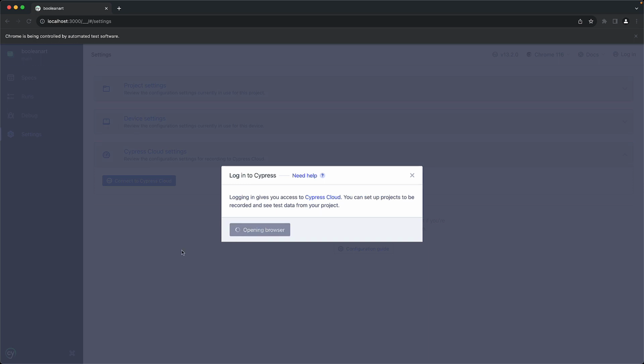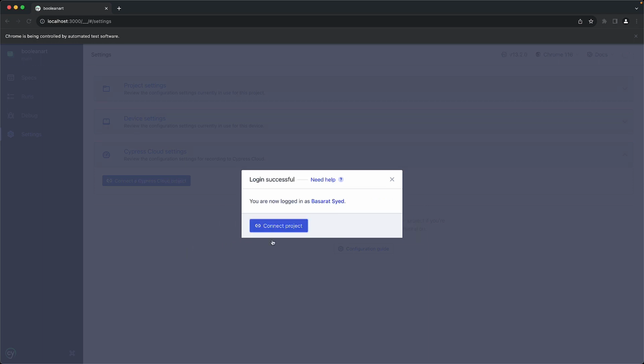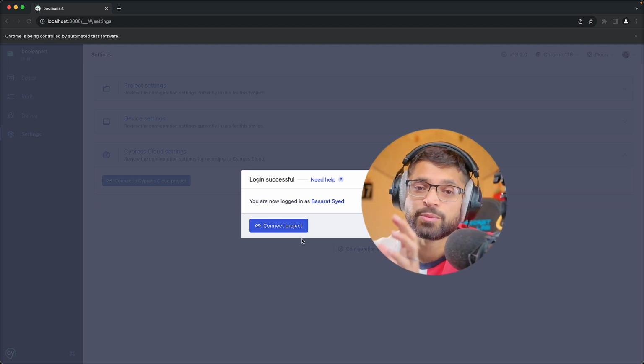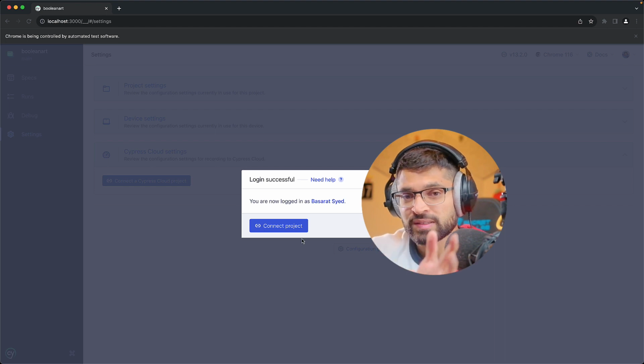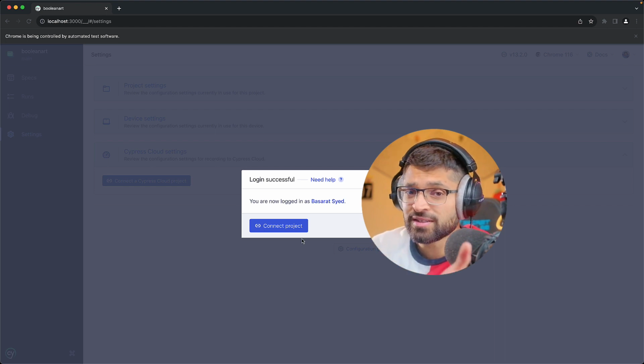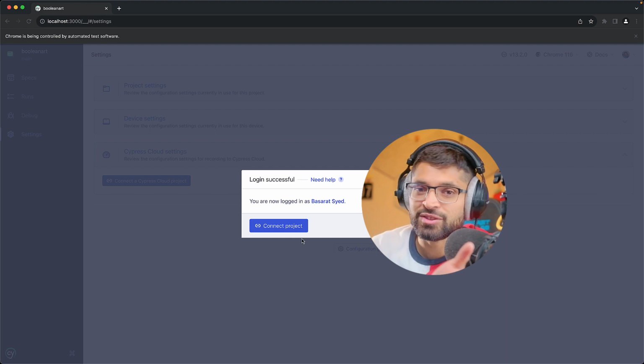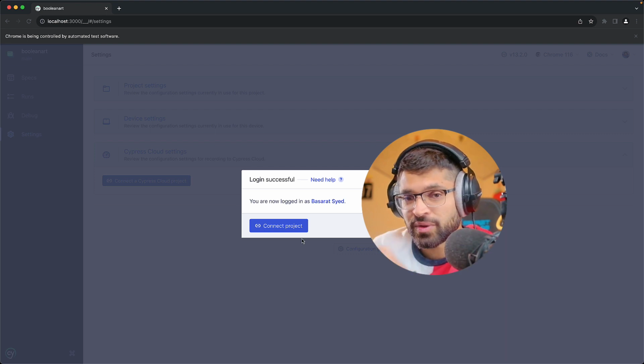First, you will be prompted to log in. Go ahead and log in, and once you are done, you can connect a Cypress Cloud project to this particular code base. The way Cypress Cloud works is that we have organizations, and then within organizations we have projects. We've already created our organization, but we didn't actually create a project, and we can do that directly from within